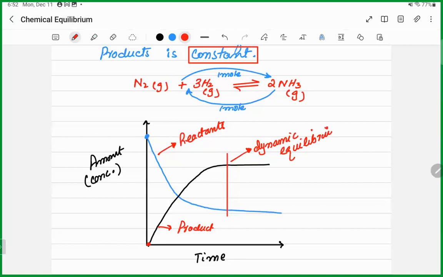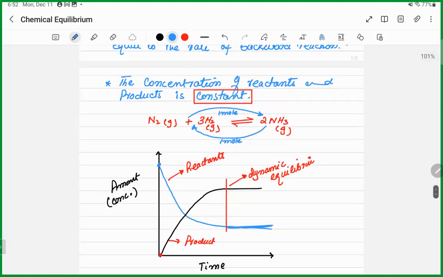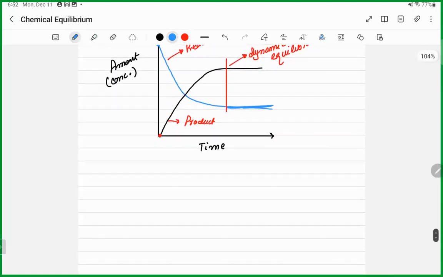Amount of reactant and product become constant. Okay, Beta, so I hope the point is clear that one more thing about, for dynamic equilibrium,